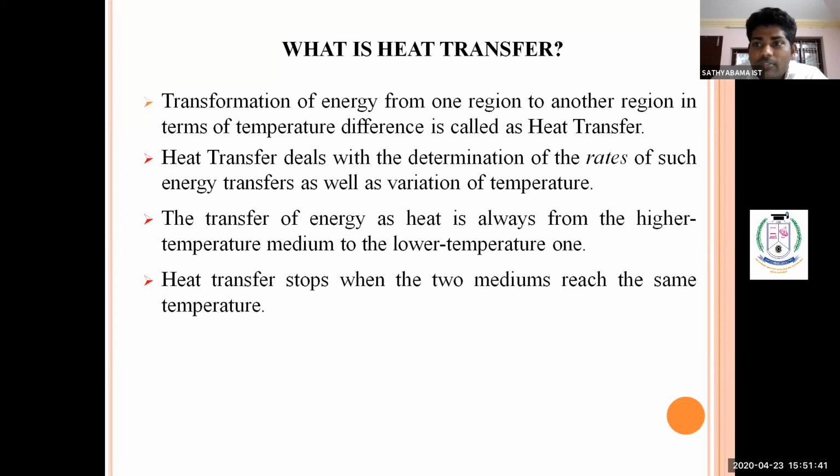the heat will be transferred from higher temperature to lower temperature. So again, our three objects will have the same temperature. That is, now the three objects will be in an equilibrium state. That's the point. Heat transfer stops when two mediums reach the same temperature. So I am also at 31 degrees Celsius, the person near me also reaches 31, and the room temperature will also be 31. So the three objects will be in an equilibrium state. That is the fourth point they're telling: heat transfer stops when two mediums reach the same temperature.